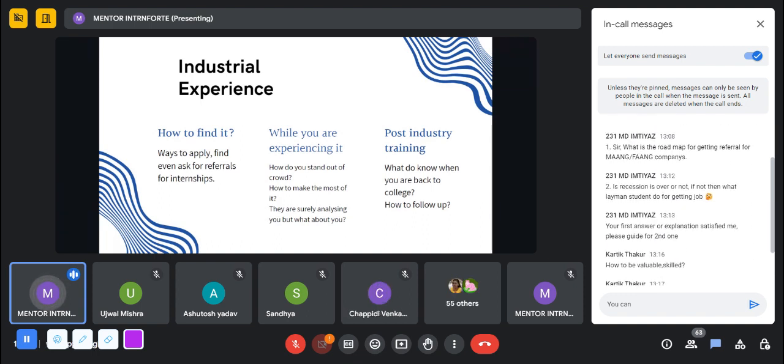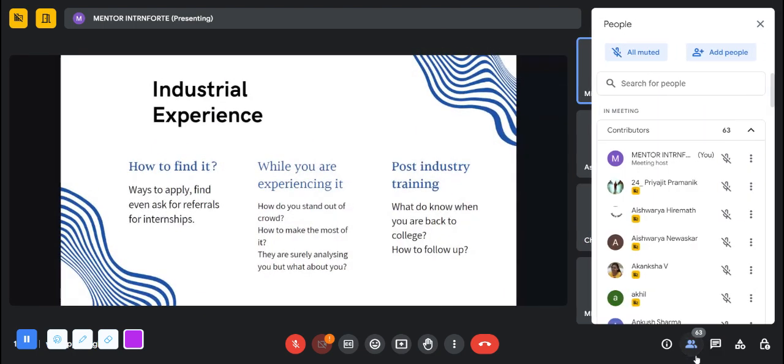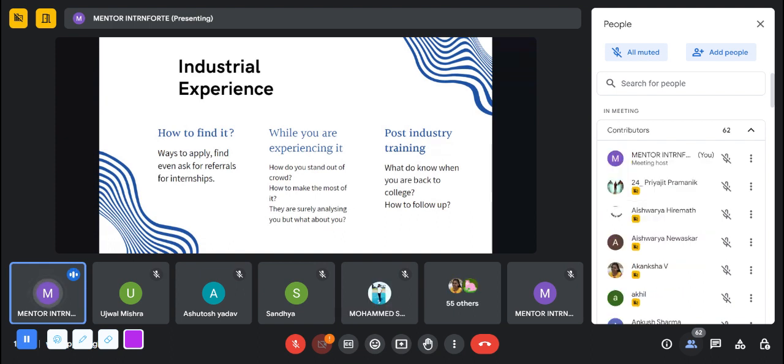So the first thing would be to search your connections, like in your family or anywhere, if they are in a good position. I know there are a lot of things like you can't be biased and all, but if you want to get a safety net at first, you can simply apply via your relations or your connections. In the end, everyone is working as a connection to some person or another, so you have to start there. If, by chance, you are a lone wolf in your own family, like you are the first person getting into the IT field or respective field, and you are setting an example for everyone,